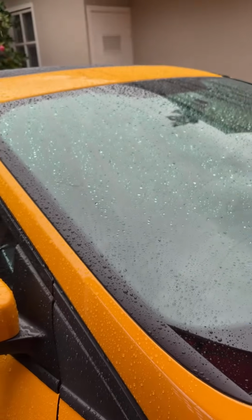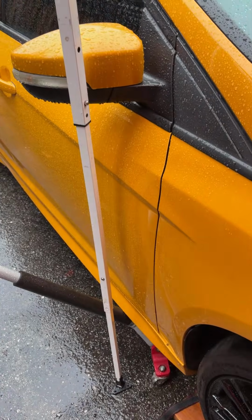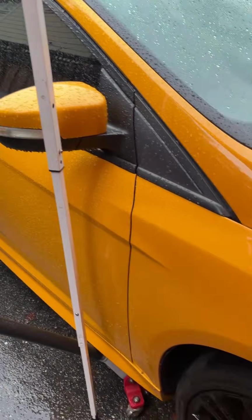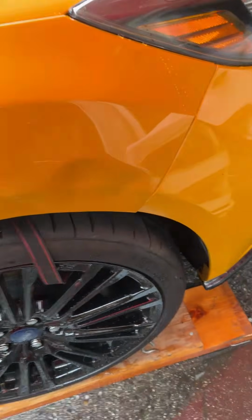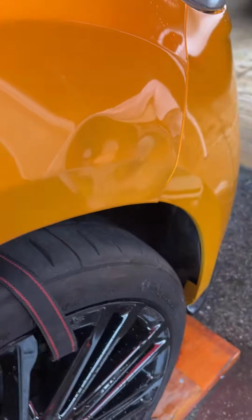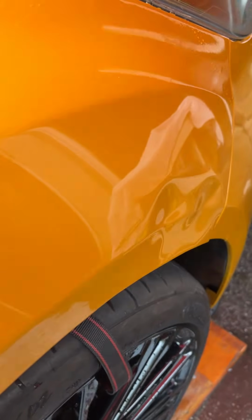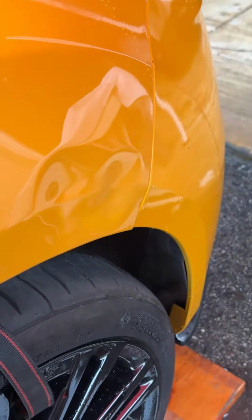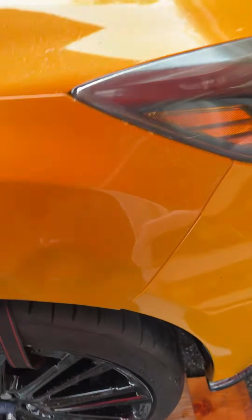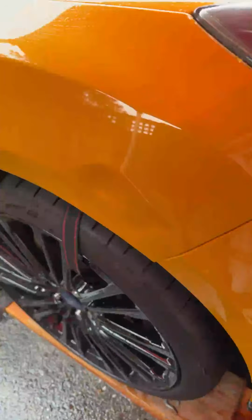So I'm going to turn the camera around here. I'm going to check in a little bit later, but for right now, let's see if I can do this. So this is going to be on this really nice Ford, and I've got these dents right here to do. The customer kind of sideswiped another vehicle. So I'm going to do that right now, live,